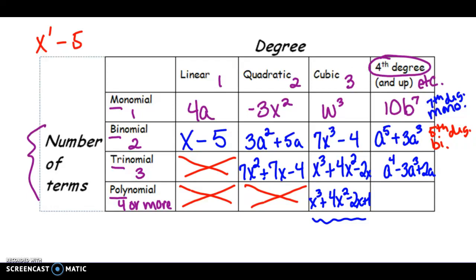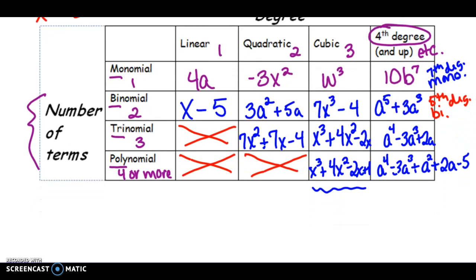Last one, 4th degree and up. Let's do the same thing. Let's do the same one above it. I'm going to add an a to the second in there. Go ahead and put that 2a, and maybe I can do one more. Let's do another one. So I have a polynomial, and its 4th degree is the highest exponent that I see. So once I start getting above a trinomial, you can just call them all polynomials, but you can still name the degree. So the correct way to name any of these, you say the degree first,